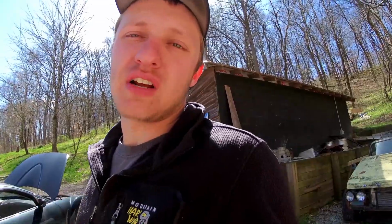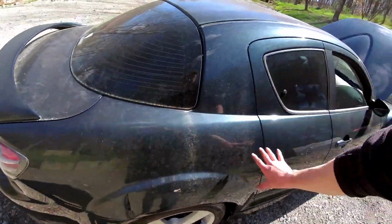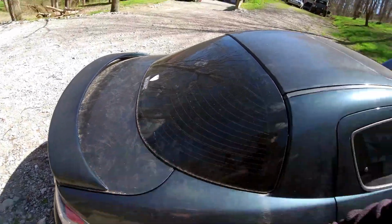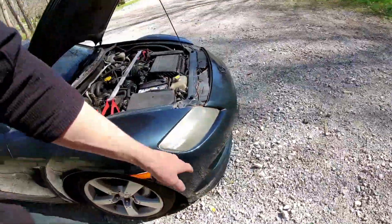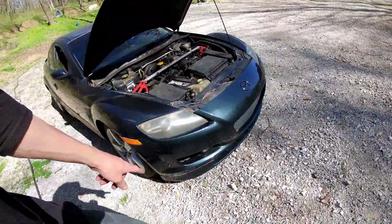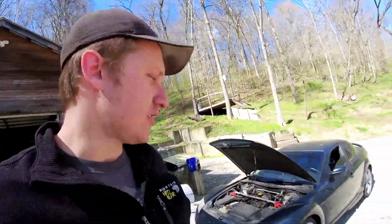When I trailer this up there, because I'm not going to register or tag this car, for that track day, on the way back I'll probably try to leave it with Calvin and be like, hey Calvin, why don't you fix this, paint the trunk and the spoiler, repaint the roof because it's kind of crappy, and then I'm going to have him repaint the front bumper and fix the lip, just make it look nice. And you'd be like, why are you going to do that? It's a track car. Well, you know,